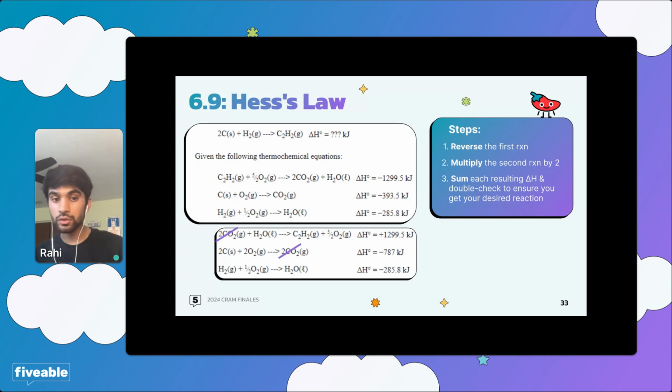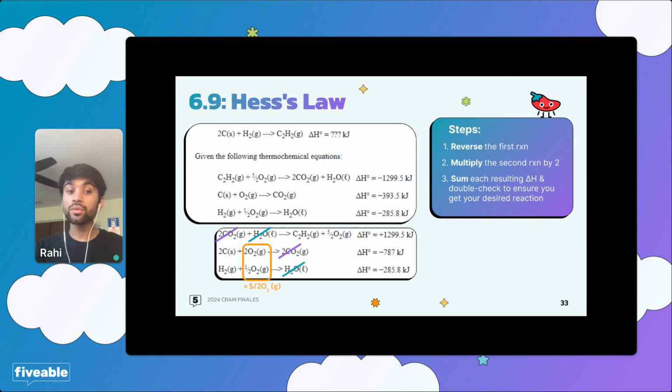But anyway, when we add down, we cancel things, right? So 2 CO2s are in the reactants and 2 CO2s are in the products of the first and second equation respectively, right? So what happens? They cancel. That's good. What else cancels? The H2O is a reactant in the initial equation and it's a product in the very last equation. That also cancels. Does C2H2 cancel? No. We don't see it anywhere else, right?